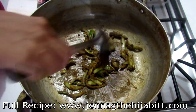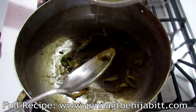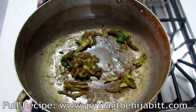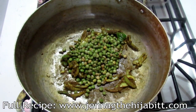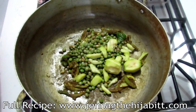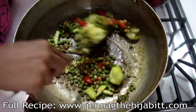And once it gets that grainy consistency, add just a little more. I'm going to add my green peas, and my cut up pomsite, tomatoes, mix everything around,